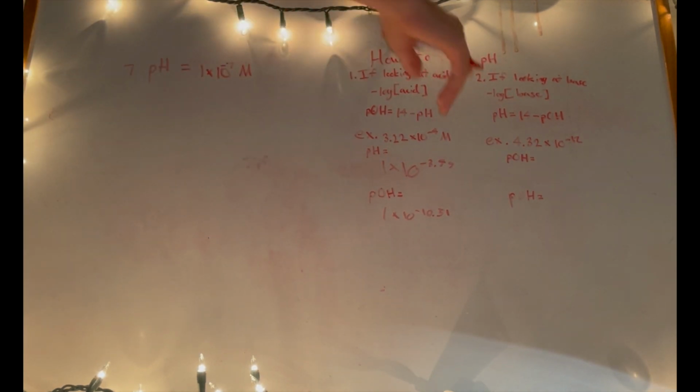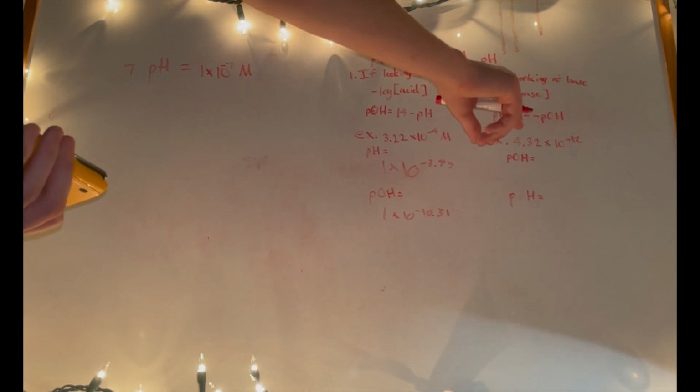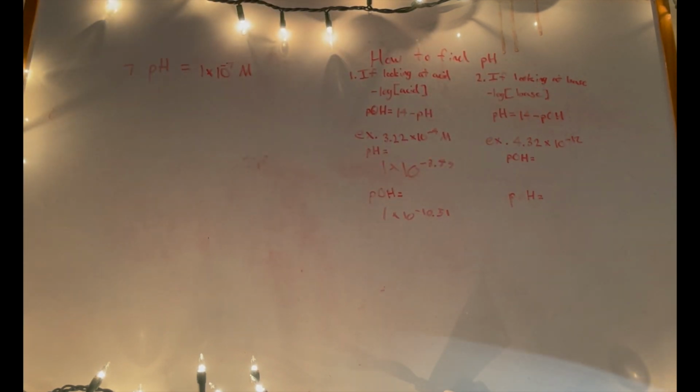It's going to give us the pOH instead of the pH. So, for example, if we have 4.32 times 10 to the negative 12, that is going to give us a pOH of negative log of 4.32 times 10 to the negative 12th, which is